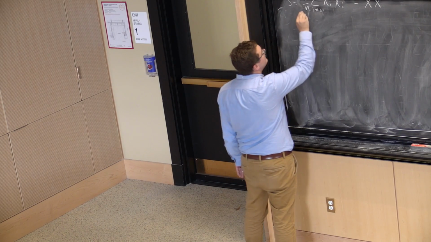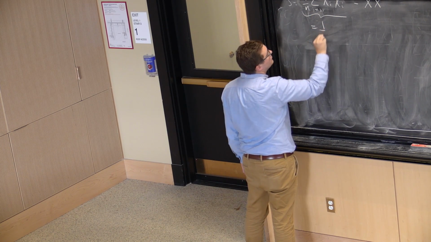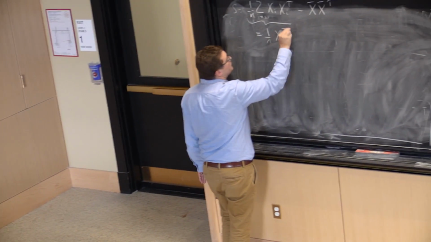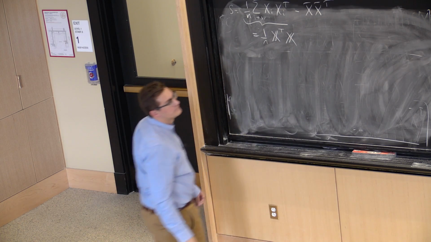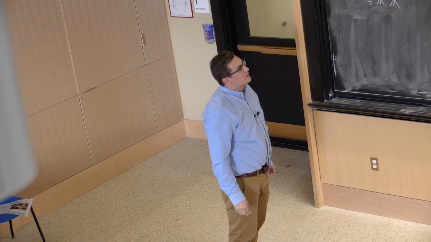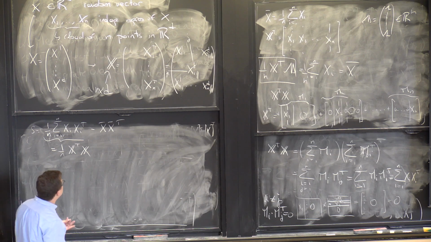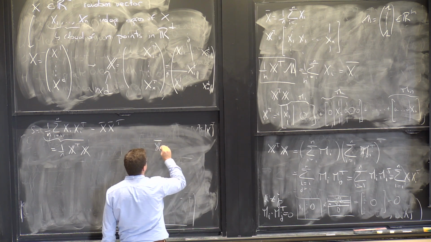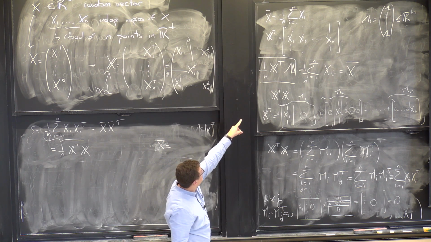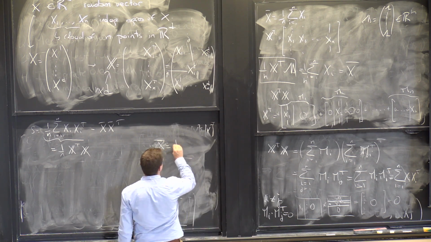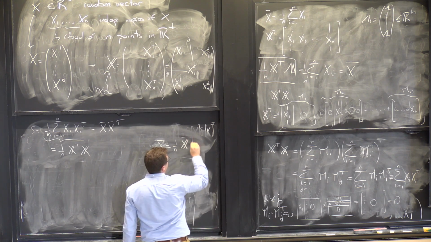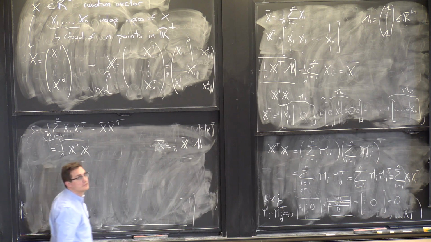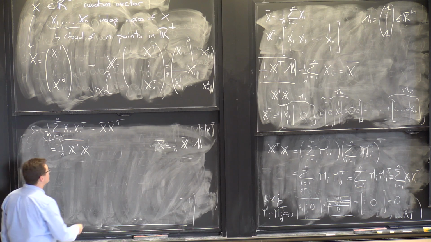And we know that this guy already is equal to 1 over n x transpose x. And we just proved that x bar, little x bar, was equal to 1 over n x transpose times the all ones vector. So I'm just going to do that. So that's just going to be minus